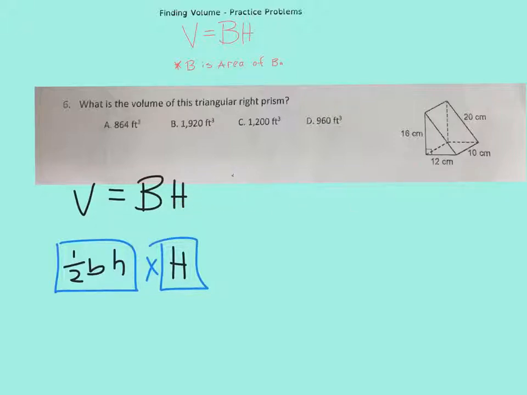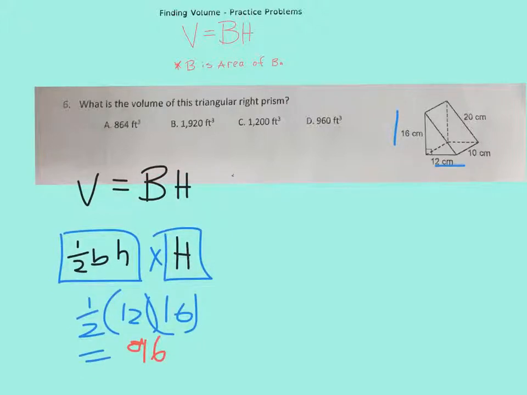So, all right, we're going to find the area of this triangle and then see how far it is from this triangle to the other triangle. The area of the triangle base is 1/2 base times height. So 1/2, the base is 12, the height is 16. That would give us, for the area of the big B, 96, and then we just have to multiply that